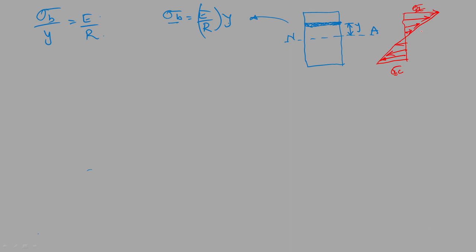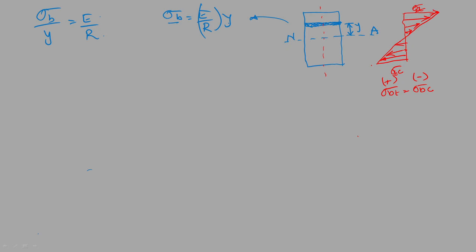Now this distribution of bending stress is symmetric. That means if the component is symmetric about its x-axis as well as y-axis, then sigma bt equals sigma bc, only with a sign change. But if the section is unsymmetrical about the horizontal axis, or the vertical axis, then the magnitudes are not the same. You get different magnitudes.